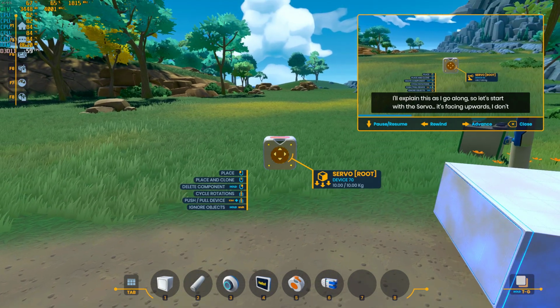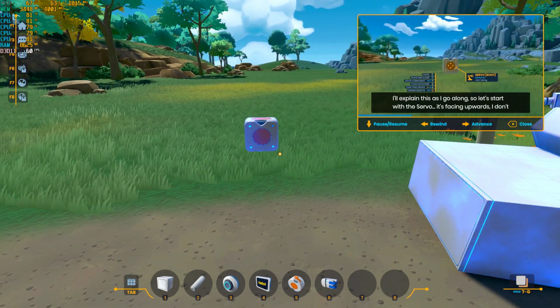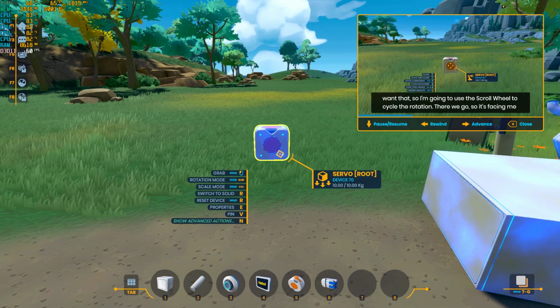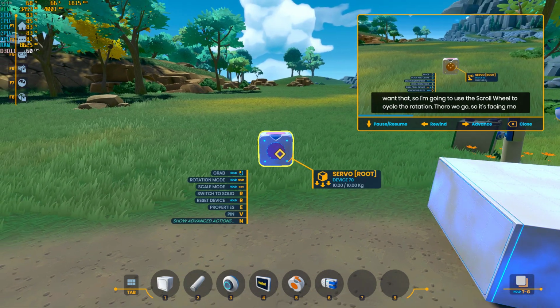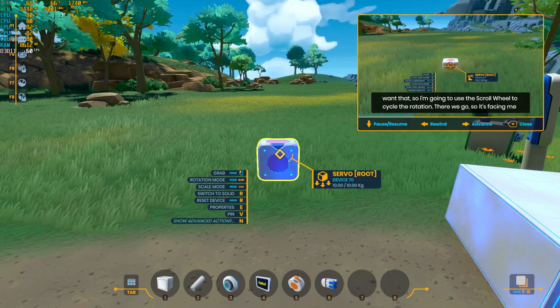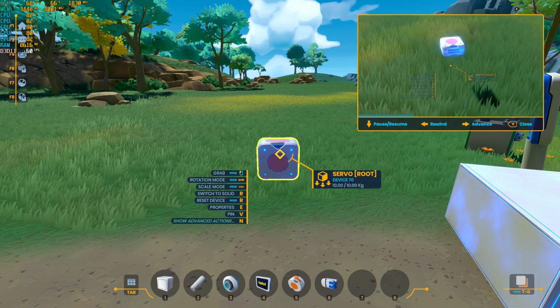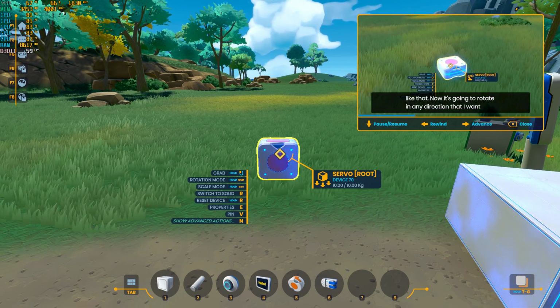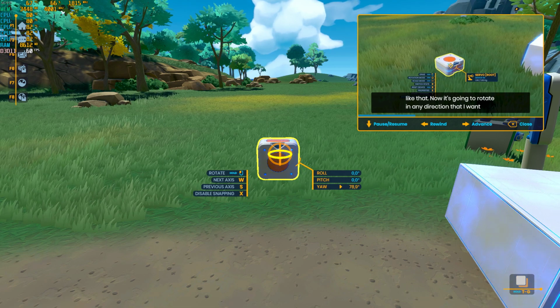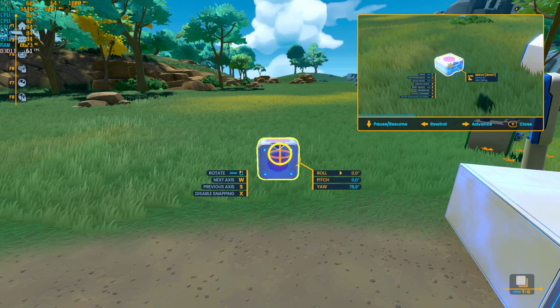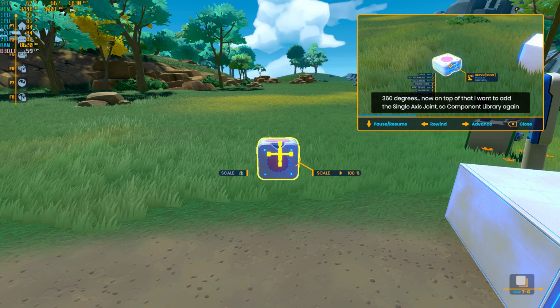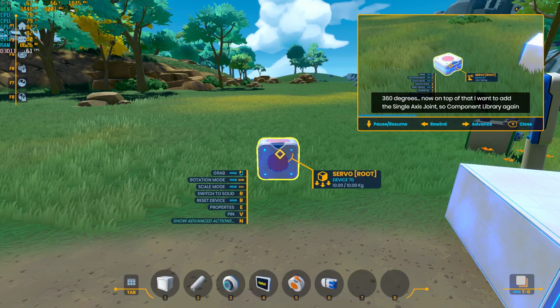So let's start with the servo. It's facing upwards, and I don't want that, so I'm going to use the scroll wheel to cycle the rotation. There we go. So it's facing me, like that. Now it's going to rotate in any direction that I want, 360 degrees. Now on top of that,